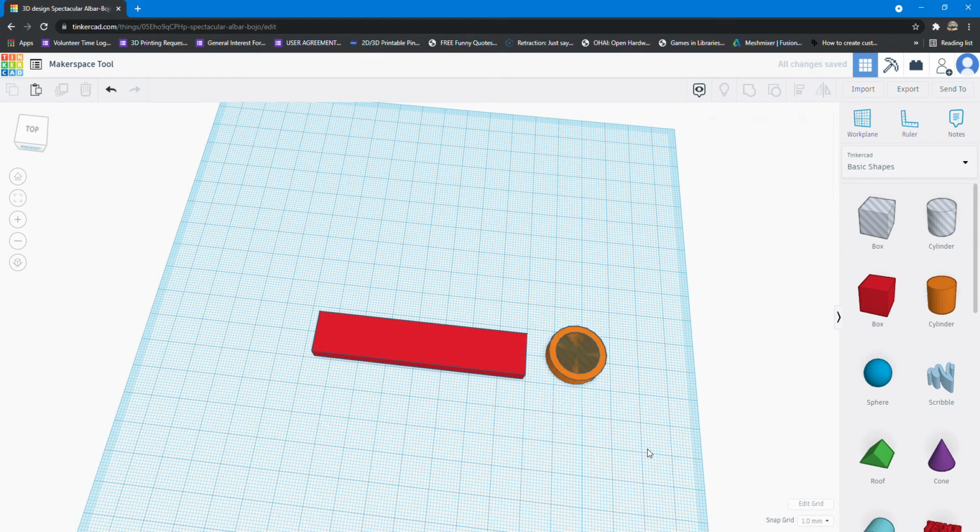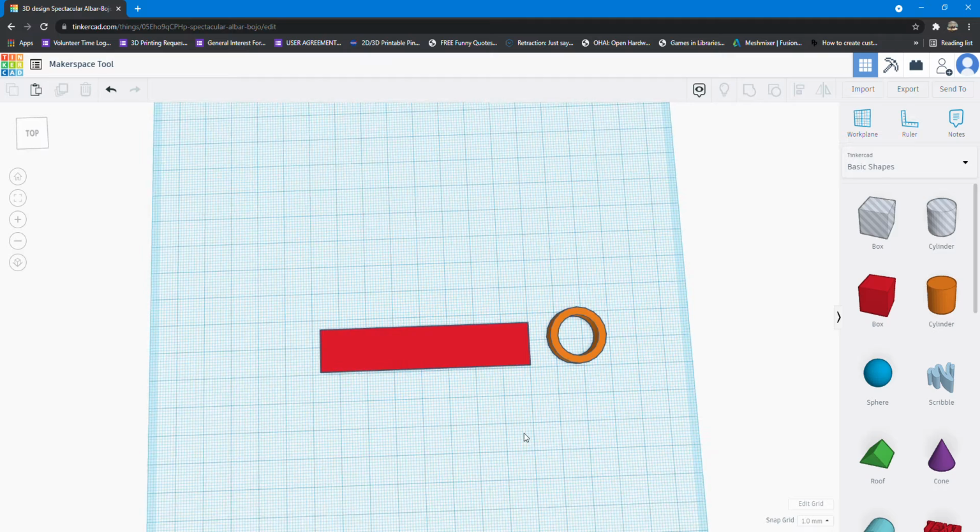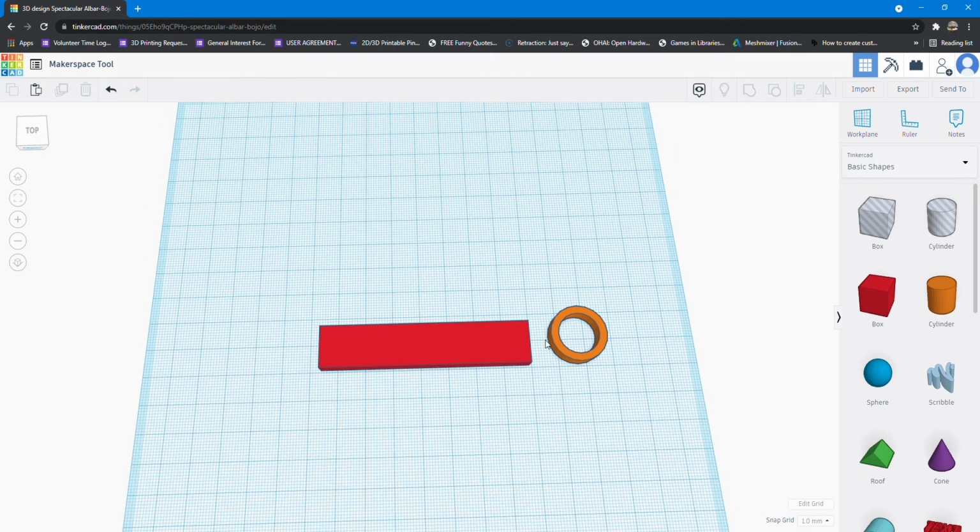So I'll click outside, and now that they're aligned, we'll click and drag and select both of them again, and now we will group them together to make them one solid object. So when I hit group on the upper right, now the shape was able to create a hole. So now we have these two pieces, and now I want to attach that handle to the edge of our